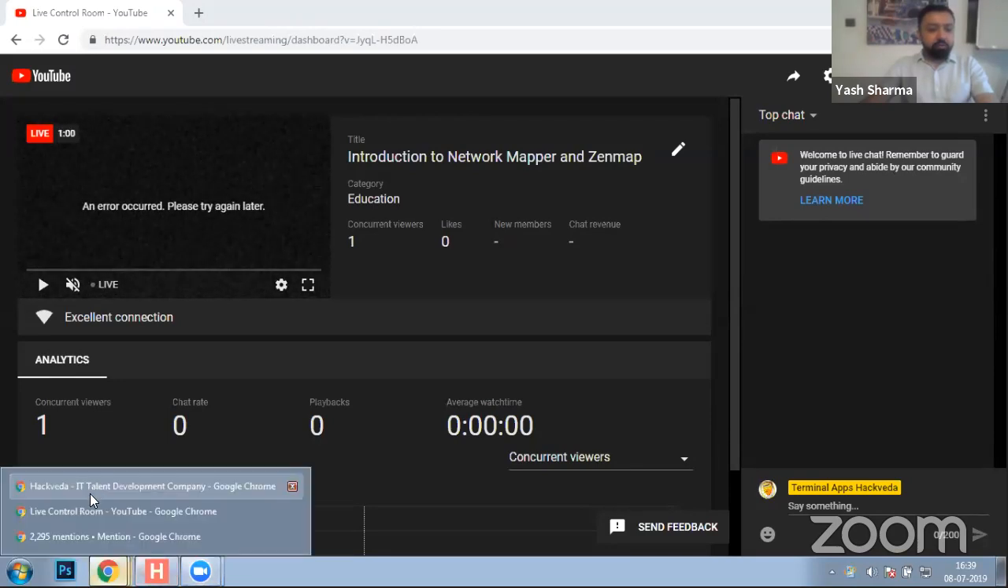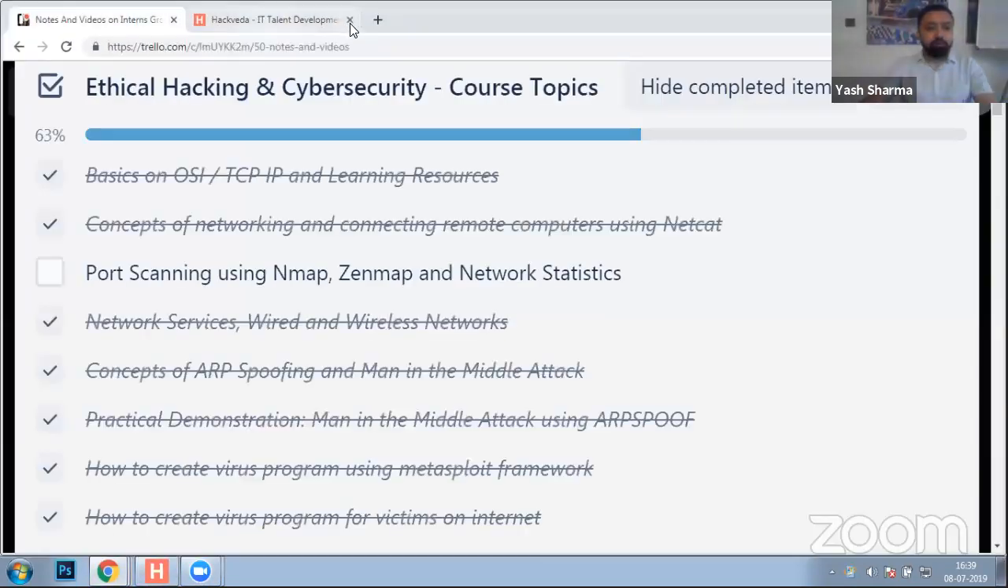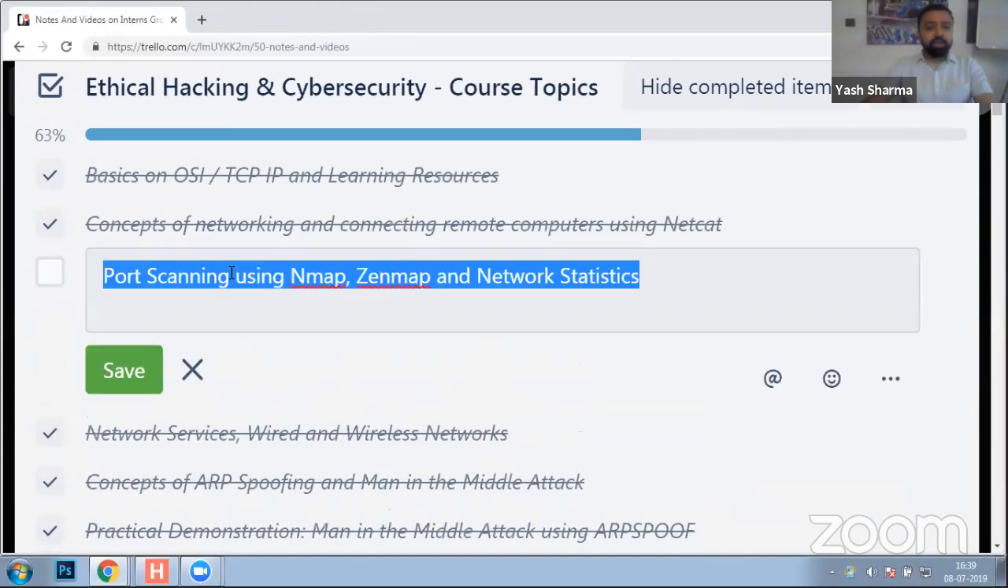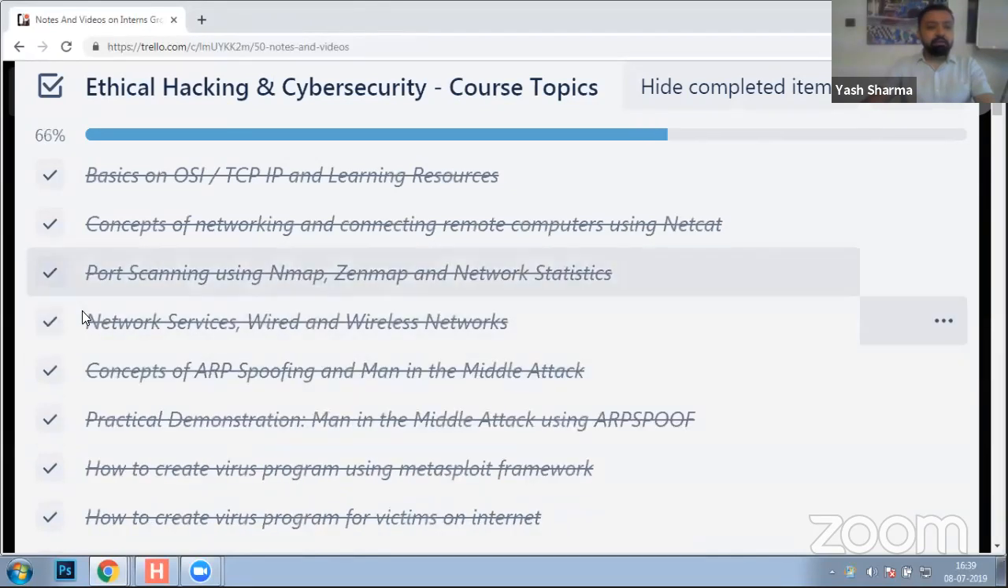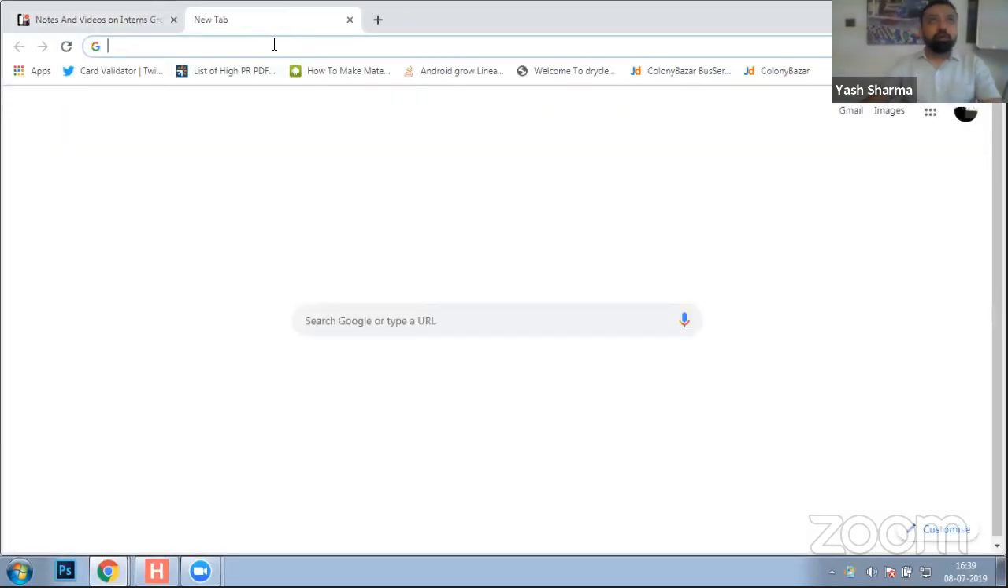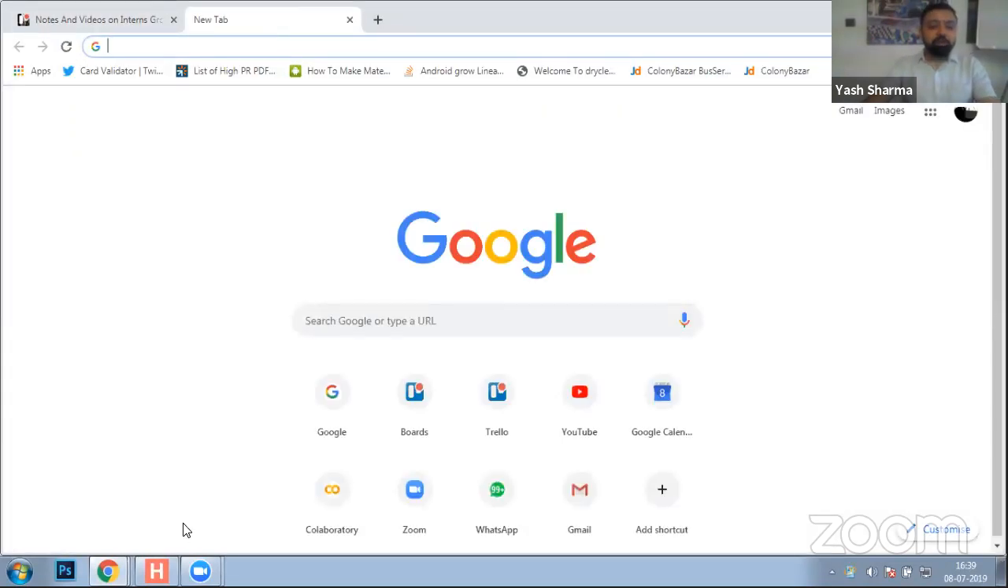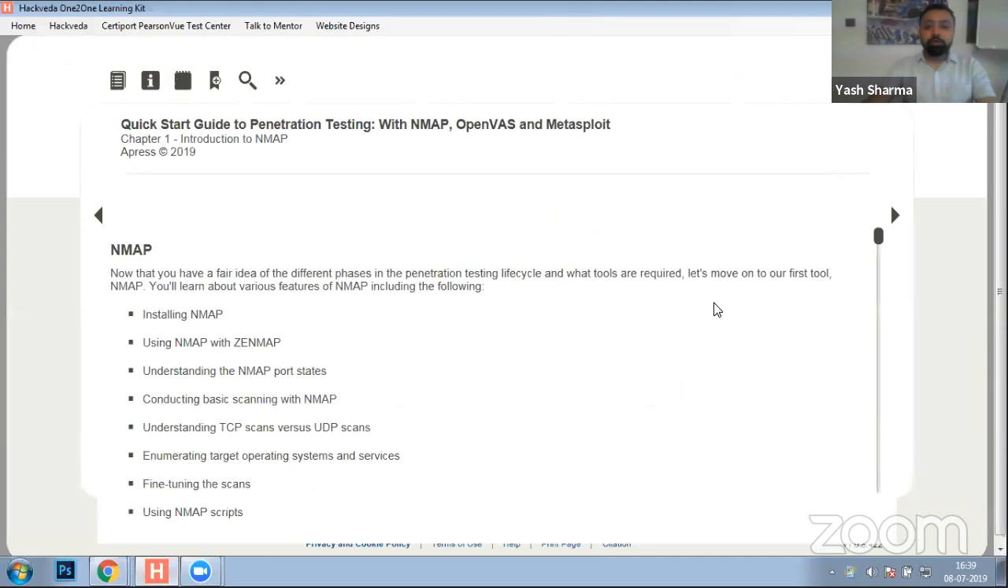To quickly start, we'll proceed with the concept of port scanning using nmap and Zenmap, and understanding the network stats. So let's go for it. Before proceeding further, I would like to give you a quick introduction to what nmap is and how you're going to use it. As you have a fair idea of penetration testing,